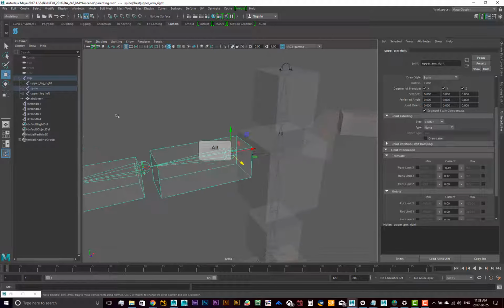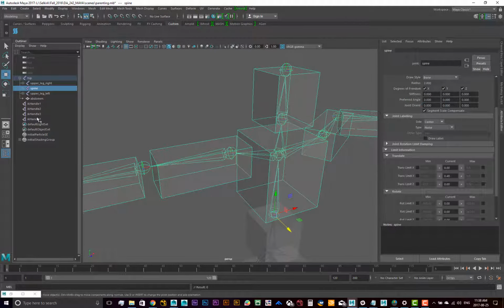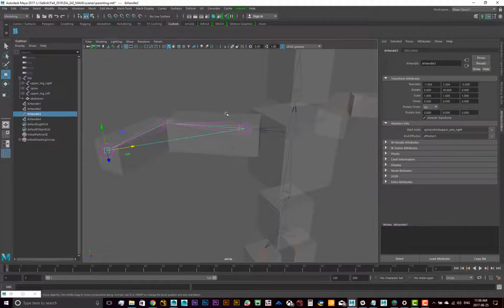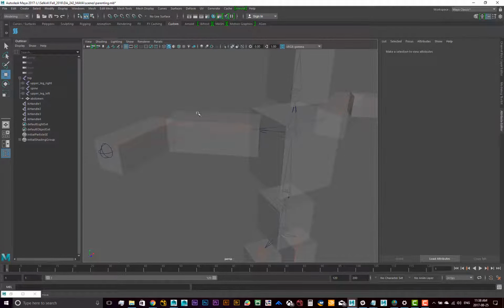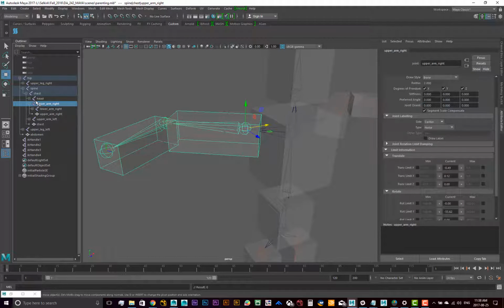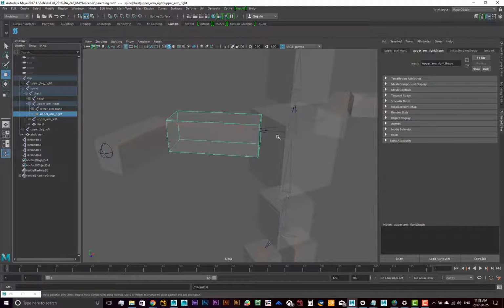if I move the IK handle here for this arm, these cubes follow. They're actually parented to these joints, so they move with the joint. So this cube is actually parented to this joint. And I can see that in my outliner if I go all the way through. All of these are parented. And now you'll see the upper arm, and underneath that is the next joint, but also the geometry